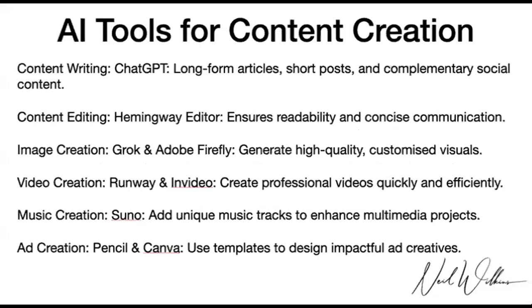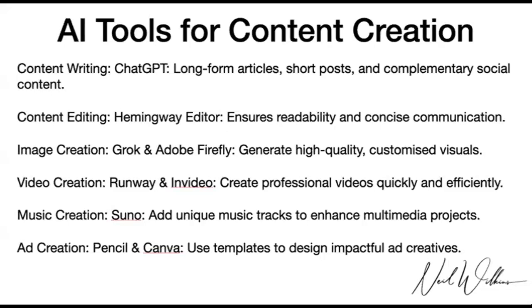But if we're using AI tools for content creation, then for writing long form articles, short form posts, and complementary social content, to me, it's ChatGPT. Applying this engineering of prompts into ChatGPT is such a powerful way, and with its ability to search the web and its ability for you to add and put in there PDFs and Word documents of that background information, it's so key that you can actually do that in a way that really adds value.